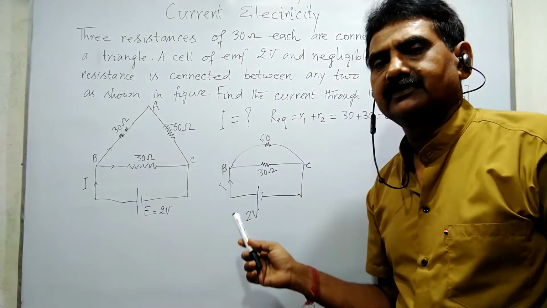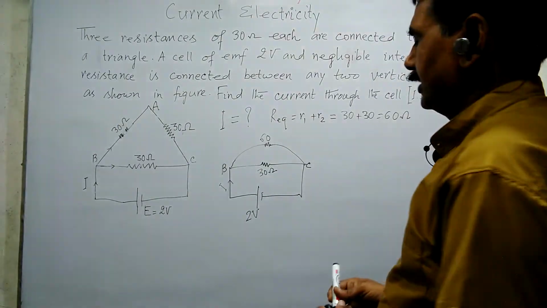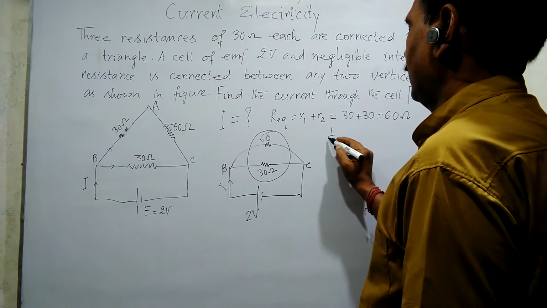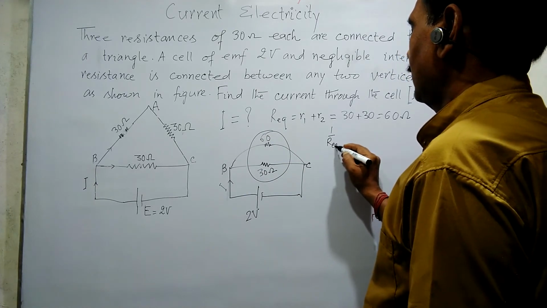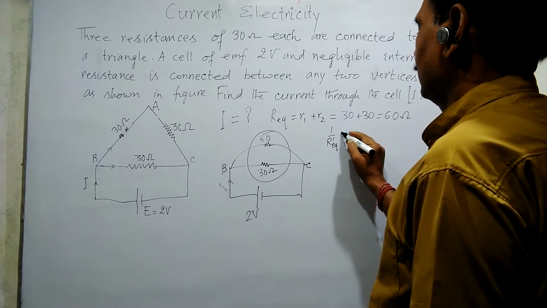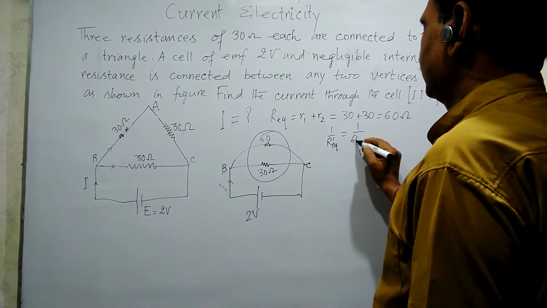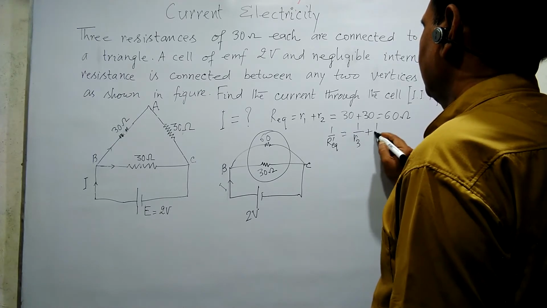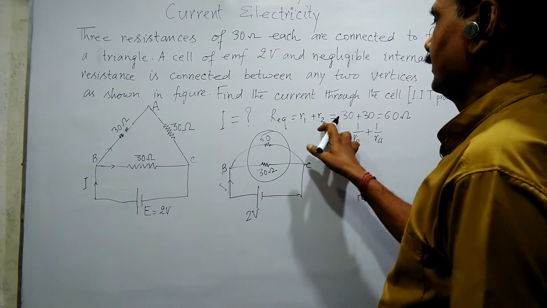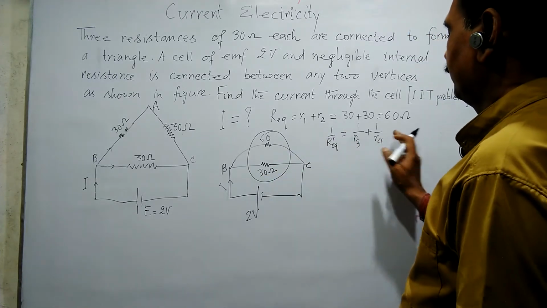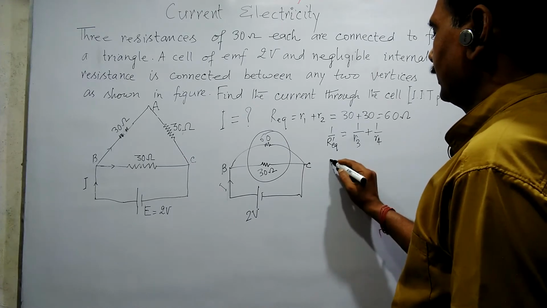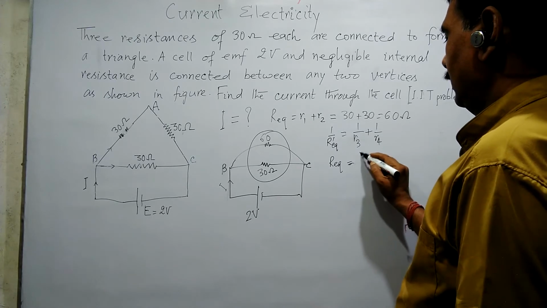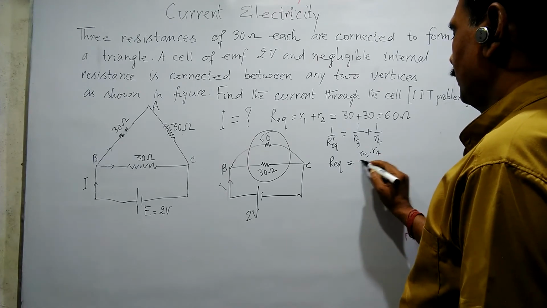This type of combination is known as parallel. Then you know the formula. The equivalent of these two will be what? Let us say this to be R equivalent. The R dash equivalent will be 1 by 60 plus 1 by 30, that is 1 by R3 plus 1 by R4. Or we can take R equivalent, when connected in parallel, as R3 into R4 by